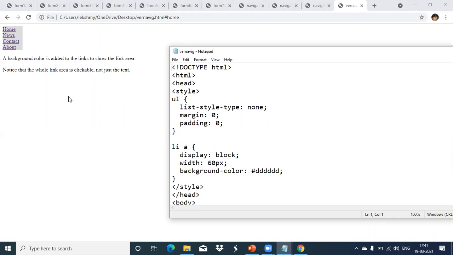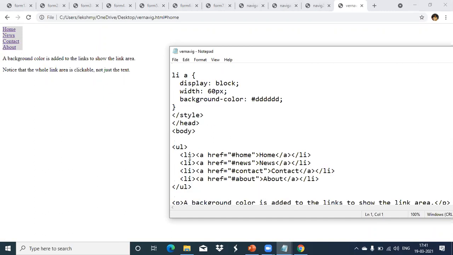And what background color is to be shown. The whole thing is on the A property, so the whole thing is clickable, not each link which we have created separately. The whole thing is a link, we can consider, or the display block is in link format. So this way also I can create it.